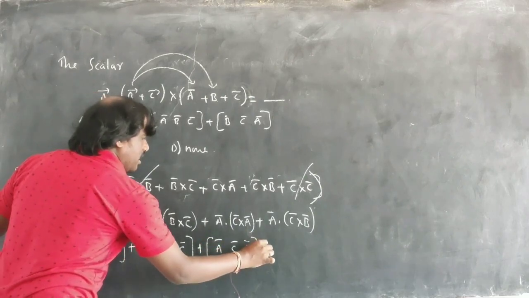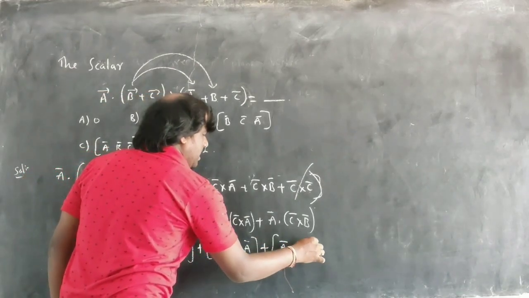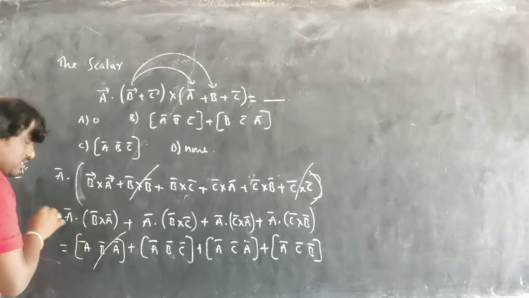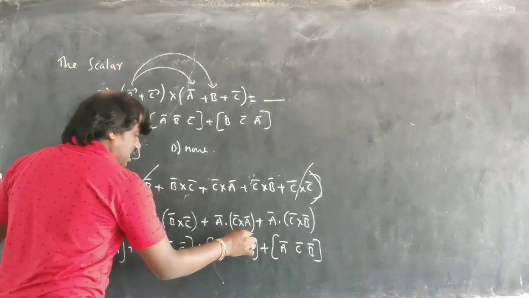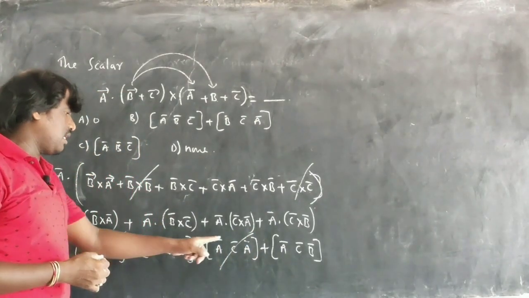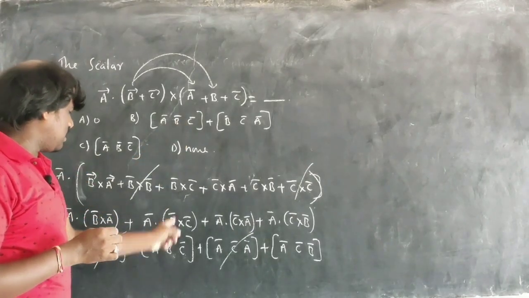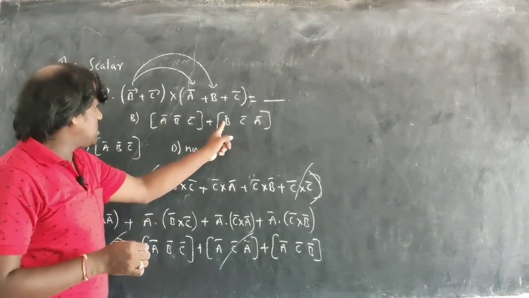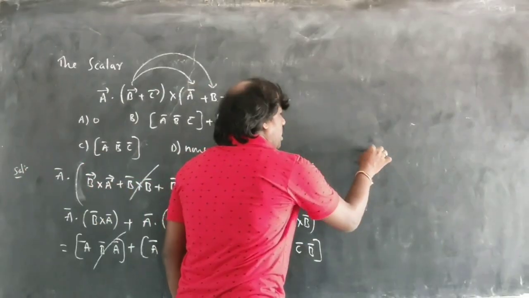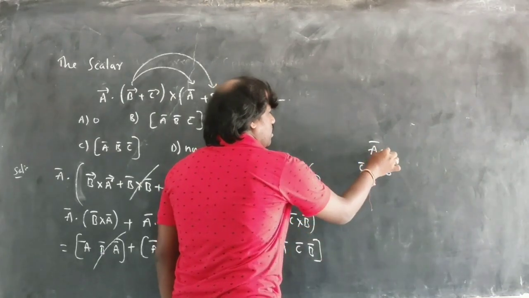And this I can write as box ACB. It means here you know that box ABA is 0, box ACA is 0, because you have both the same. Now what remains? ABC and ACB. See here, this is ABC and this is ACB. I don't think these both are the same. Let us see here. A you have, B you have, C you have. How will they be equal here?